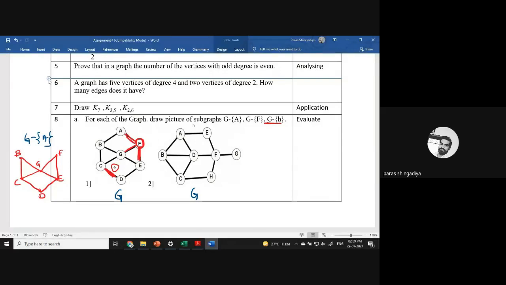Now, what is your question? Why do we remove an edge if the edge is not connected? Where is the H? Small h is mentioned. There are no vertices here. There is an edge notation between C and D. It is not a vertex. Small h is an edge name. If I consider E1, then you have to mention E1 in place of h. G minus E1. Here it is also E1. That's it.